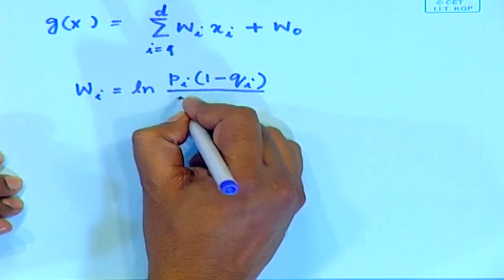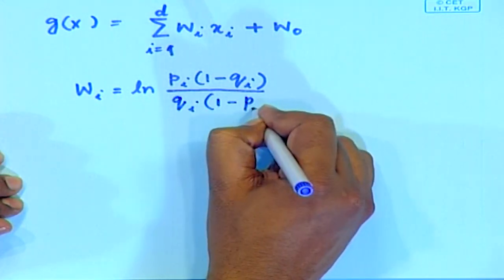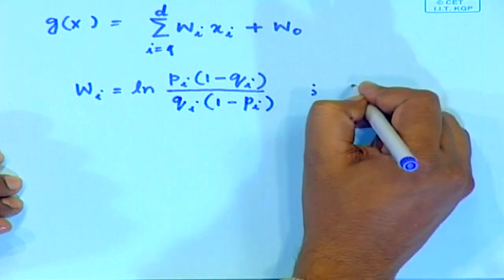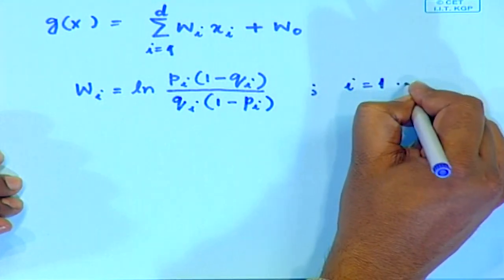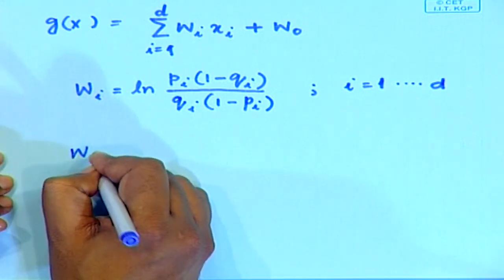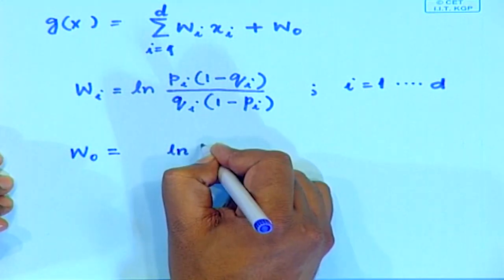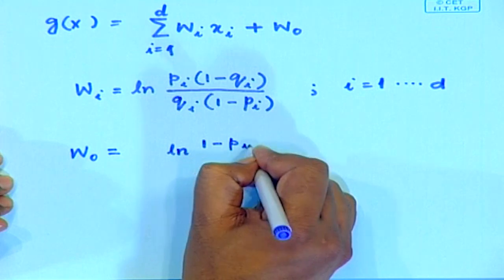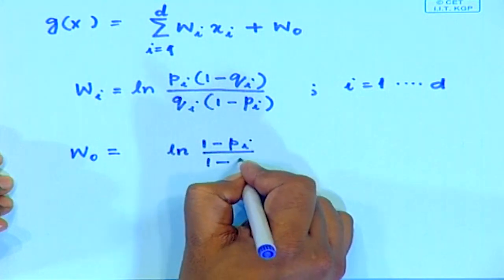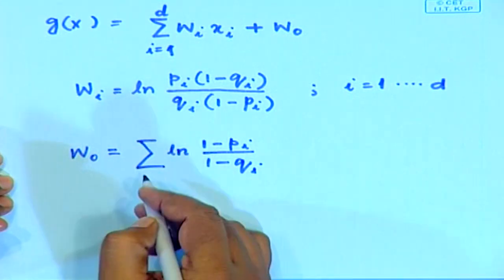Okay, where i varies from 1 to d, because I have d number of components in the weight vector as well, and W0, that is the threshold, is given by log of 1 minus Pi upon 1 minus Qi, summed for i equal to 1 to d